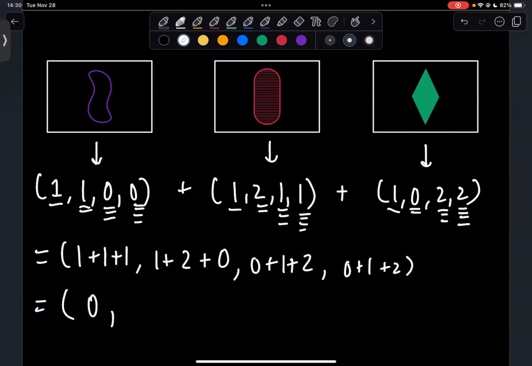If I look at my second entry, that was representing, I believe, our color, yep, our color, which these are all different. So all the entries are going to be different here. So I'm really adding 0, 1, and 2 in some specific order. The order doesn't matter because adding those numbers in a different order will give you the same sum. So here again, if I add 0, 1, and 2, I'll get back 3, which we already determined was 0. And the same thing is true in the other 2 components. I'm adding 0, 1, and 2 again, so I'll get 3 or 0 for that entry.